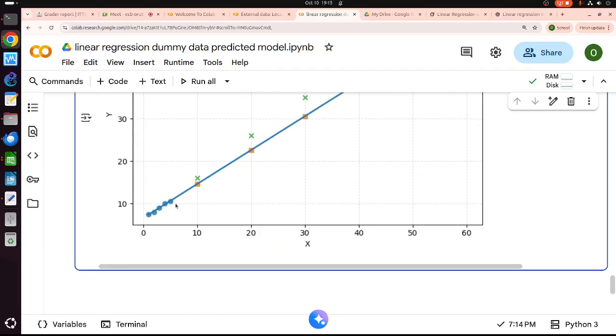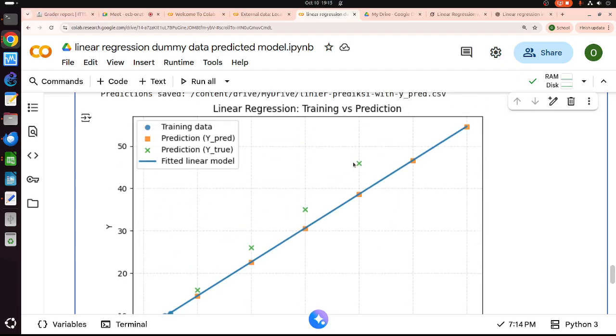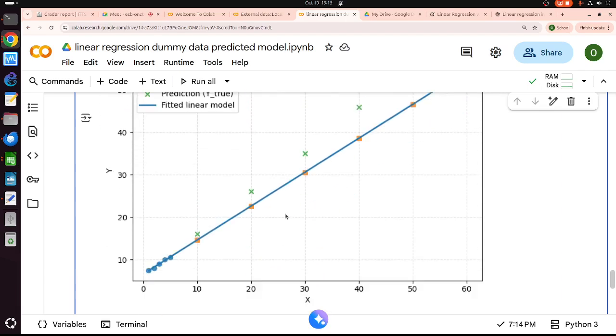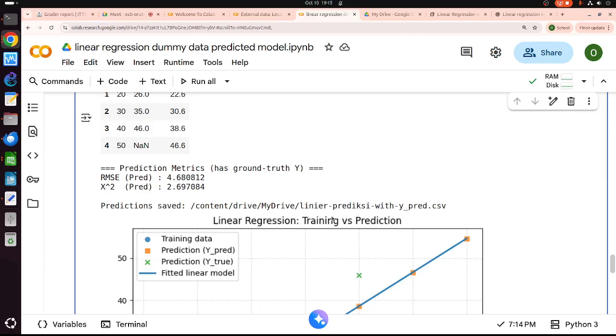This is the training data, and this is the line, and the x is the real value, and this is the predicted value. Wow. Okay. Much nicer to see. So, okay, that's how to play with these things.